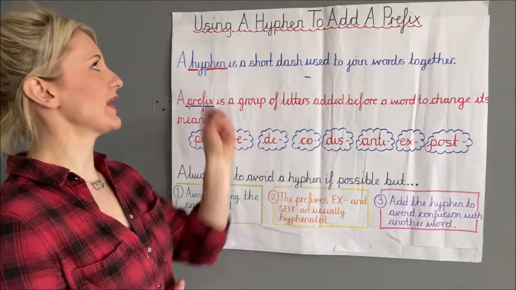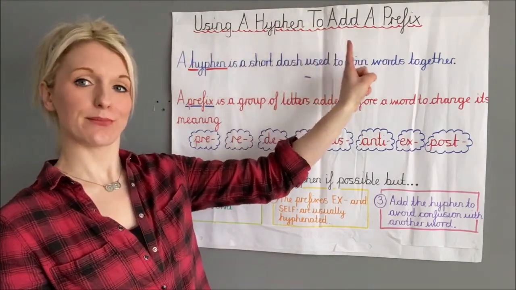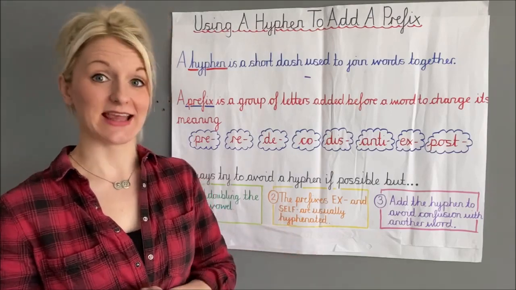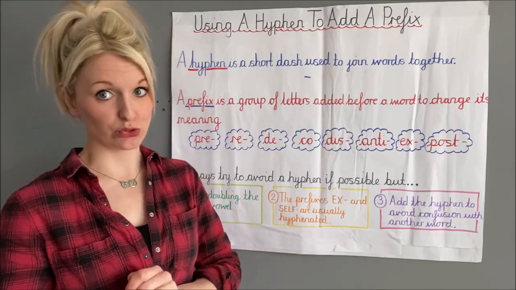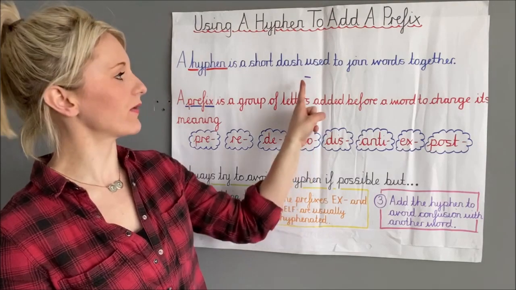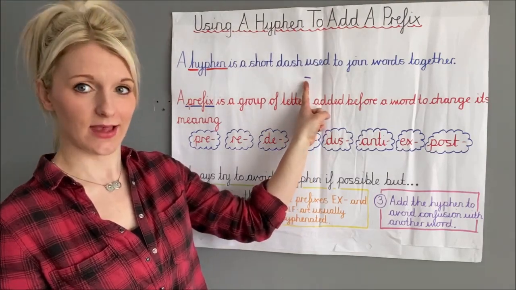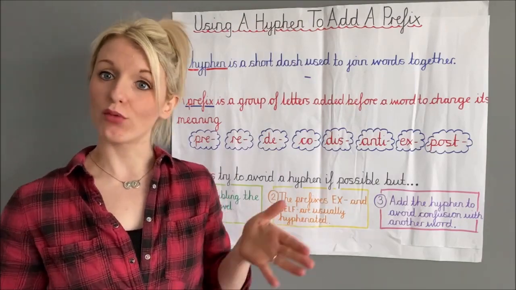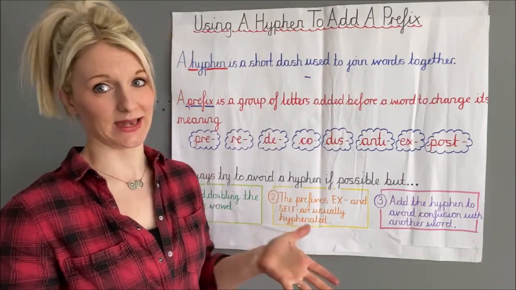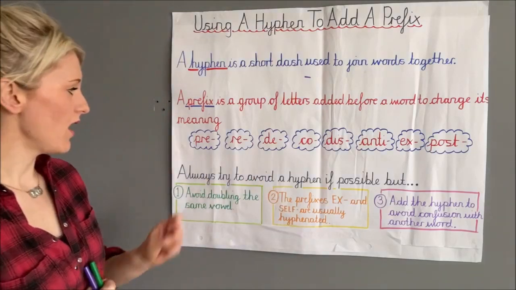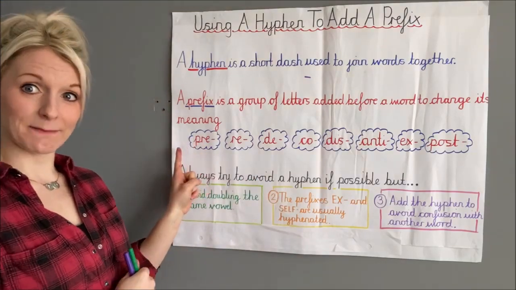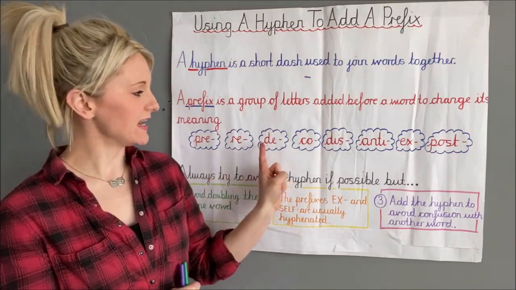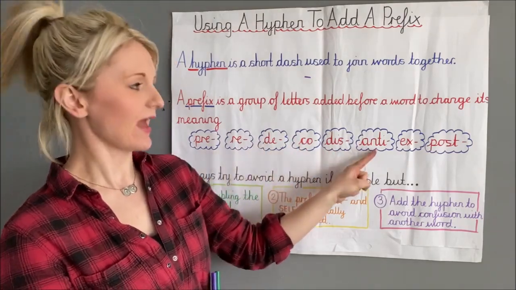Today we are looking at using a hyphen to add a prefix. So what exactly is a hyphen? Well, a hyphen is a short dash which is used to join words together, and it looks a little something like this. And a prefix is a group of letters which are added before a word to change or modify its meaning. You'll be familiar with lots of these, like pre, meaning before, re, meaning again, de, co, dis, anti,